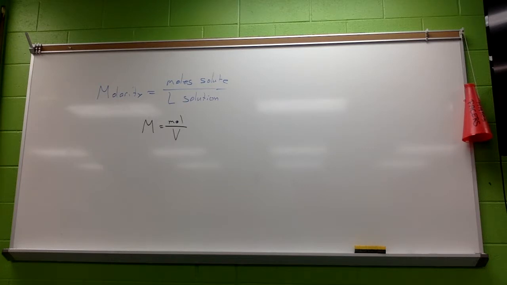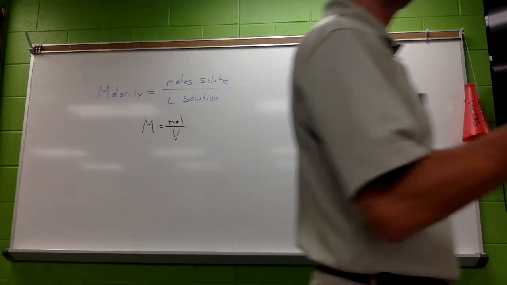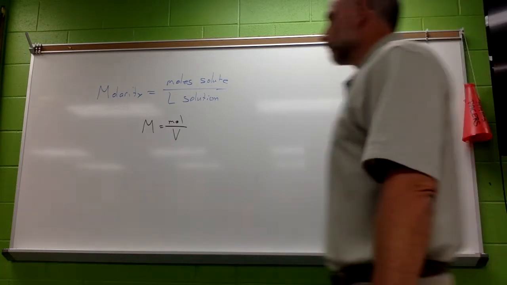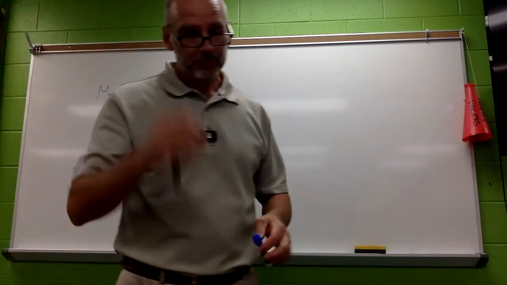When we're measuring the volume of a liquid, we're typically using instruments that measure in milliliters. So you're going to have to convert to liters by doing what? Dividing by 1,000. Thank you. All right. So anyway,